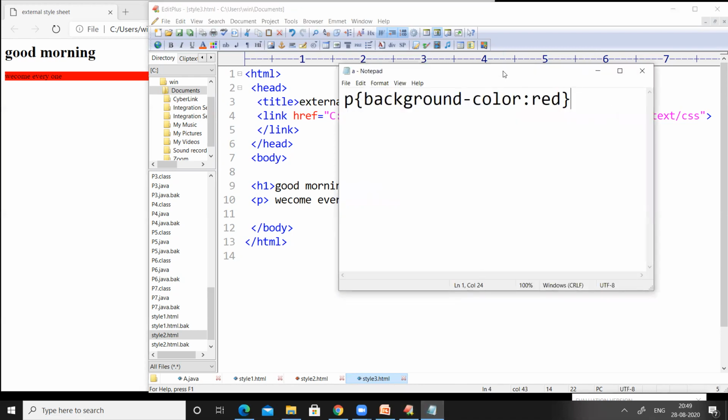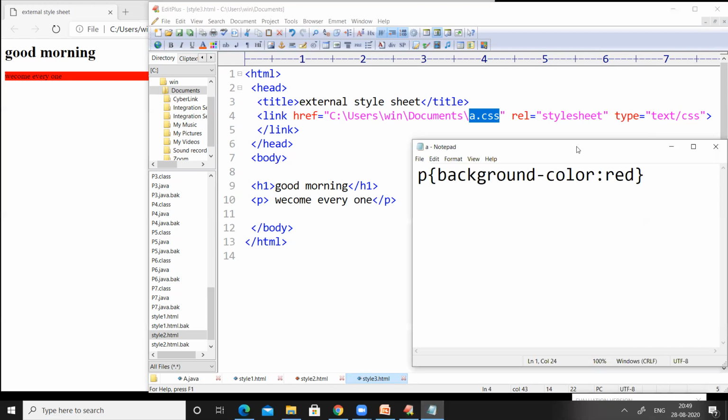And it is the a.css file. So in a.css file, we have written a single statement, and the statement is as follows: p, and within the flower braces, background-color colon red.